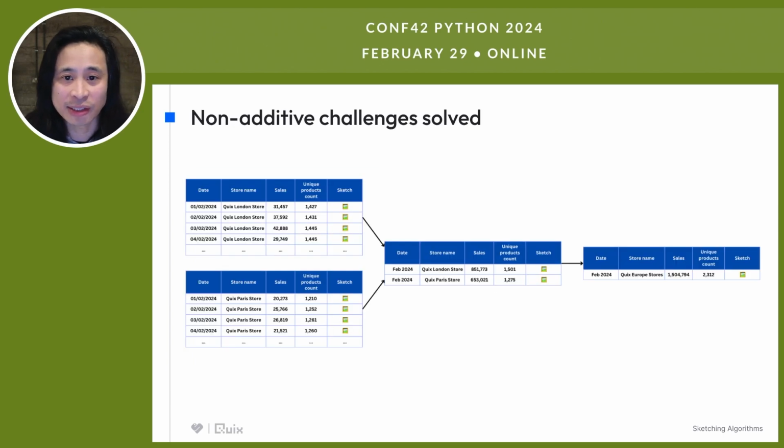But if you use sketches, you could solve this. You could save the sketch for daily records in the database in their own column. Here on the left, we have 2 tables. One is for all the days in February for the London store, and the one below is all the days in February for the Quix Paris store. We could union the number of days in the month to get the sketches for the unique products per store. Then to get the monthly unique counts, it would be a case of doing a merge on the store's sketches. Here we can combine the sketches from each of the European stores to get a European approximation of uniques.